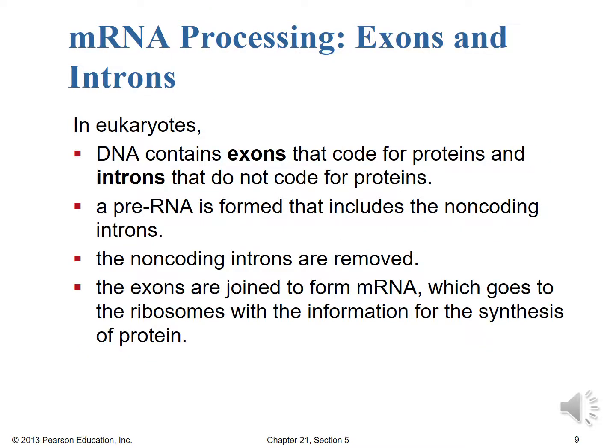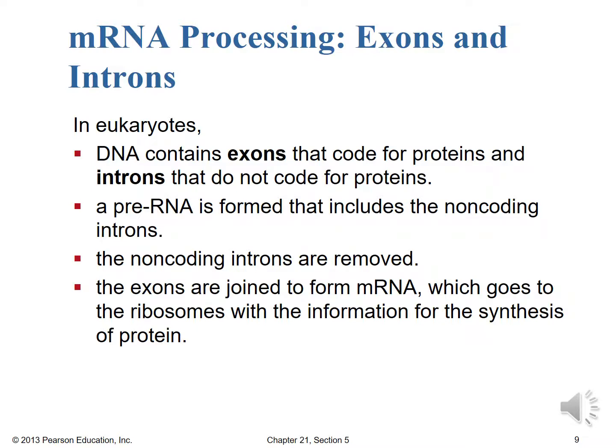Okay, so let's look at mRNA processing here, the exons and introns. In eukaryotes, DNA contains exons that actually code for proteins, and then introns which do not code for the protein. So originally a pre-RNA is formed that includes the non-coding introns. Later, the non-coding introns get removed, and then finally the exons are joined to form the functional messenger RNA, which goes to the ribosomes with the information necessary for the synthesis of the protein, and the intron unnecessary information left